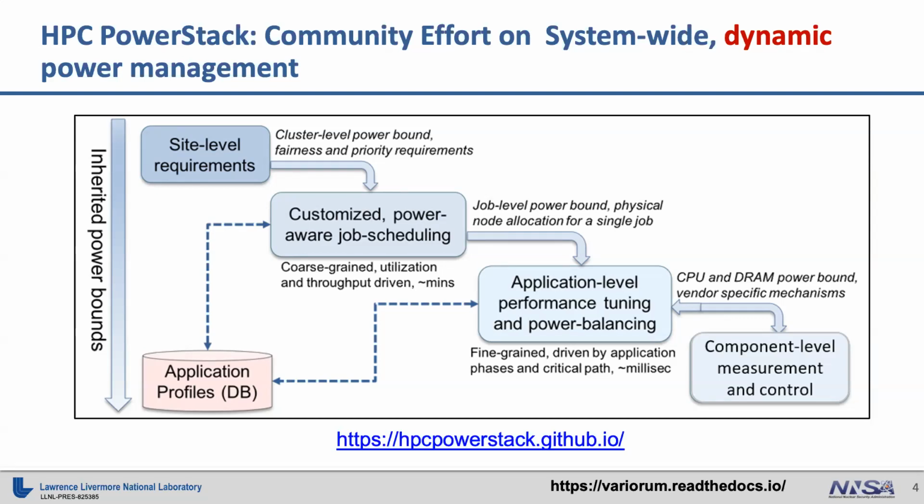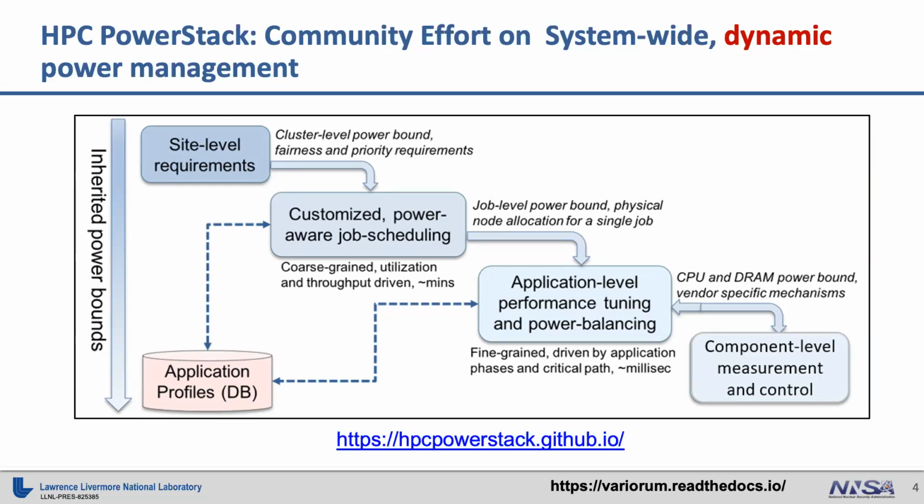Those constraints have to percolate hierarchically below, right? So eventually you want to make it all the way to the node. So those site level constraints need to be handled by the resource manager or the job scheduler on the supercomputing center. So you now need power aware job scheduling, which is the second level in the hierarchy here as you move towards the right in the figure. And the role of the power scheduler here would be to set a job level power bound and allocate nodes